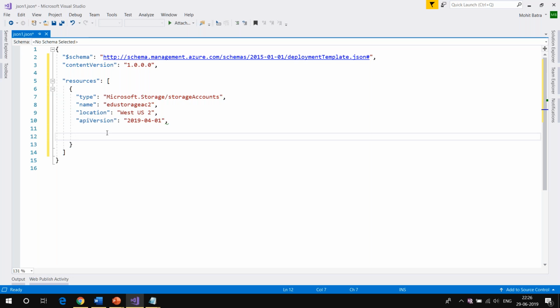So now I have to provide some additional properties of the storage account. All right, so I'm going to write it down. So guys, till this point, I hope everybody is clear. Do not worry about these properties, because when we go into the storage class, we will talk about all these properties in detail. So far I'm just going to provide some information here, and that's it.